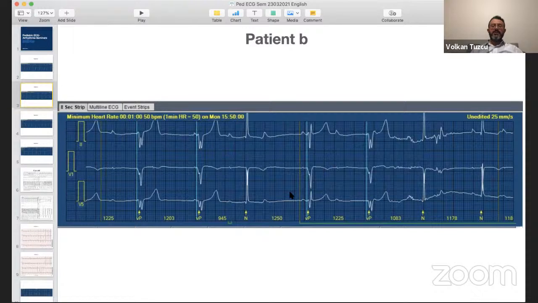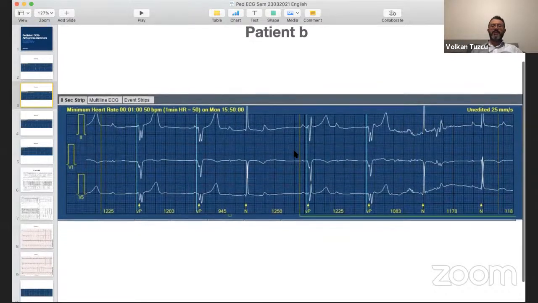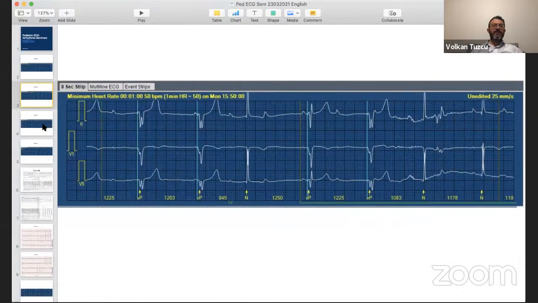This is the next page on the same patient. As you see, again, no P before the QRSs, and again, 50 beats per minute, as you see here. But then here, see, this one conducts, and therefore, before any pacing comes. And then again here, this QRS is like in between, right? Not like the paced QRS or not like this QRS. So therefore, this is a fused QRS actually. This actually comes about the same time as the junctional, looks like in this case. That's why it's looking a little different.